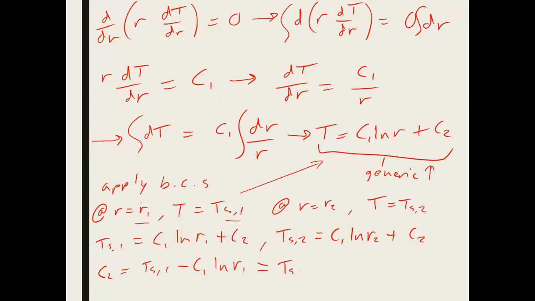So we get TS2 minus C1 times the natural log of R2. That is also equal to C2, which is also equal to this equation. So we have this nice equation that should come in handy later. So we'll come back to C2. And what we're going to do is solve this equation for C1. And when we do that, we end up getting